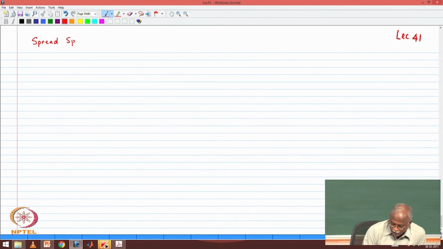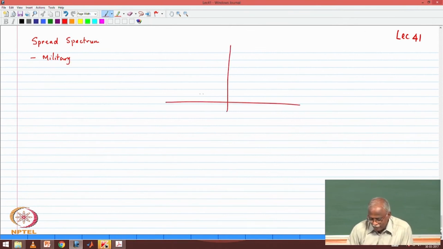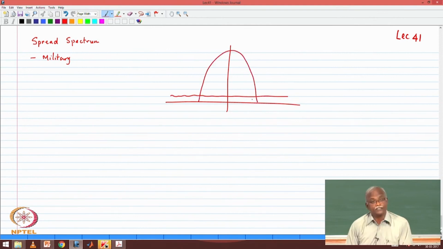Okay, so spread spectrum systems actually originate from the military, because they have a requirement which says that the enemy should not be able to detect my signal, and there is no way you can hide a signal if your noise floor is here and what you have transmitted is sitting up like this. Okay, this will get detected. So the only way that you can expect the enemy not to be able to detect your signal, two ways. One is you keep changing the center